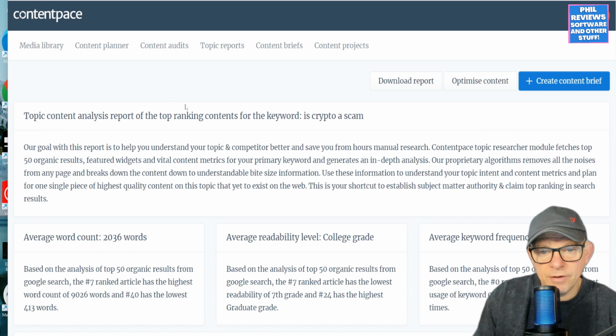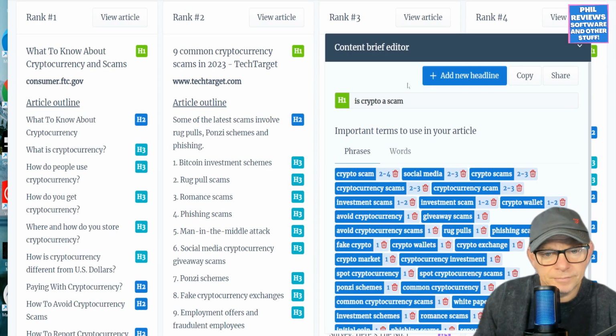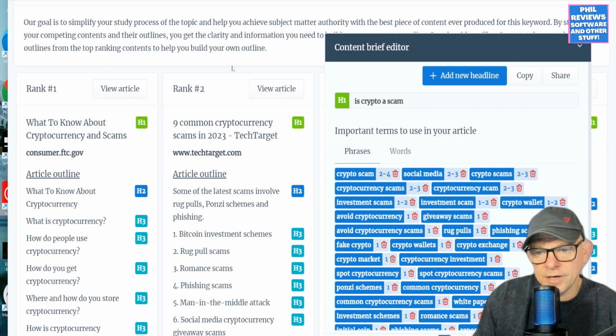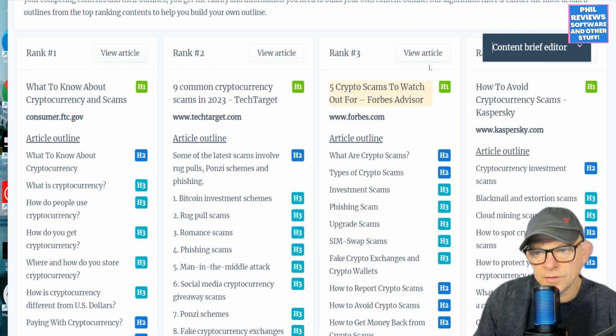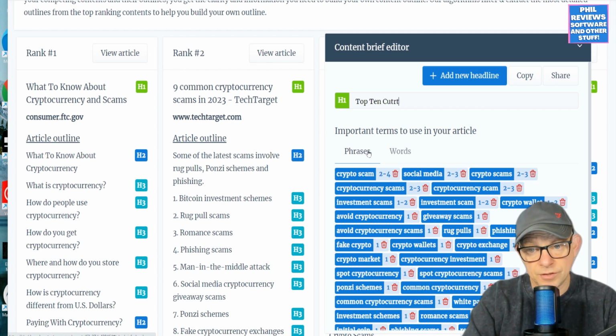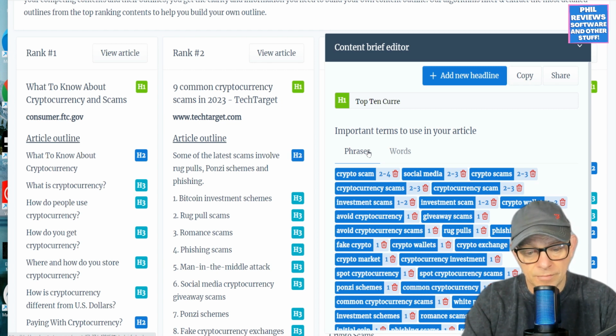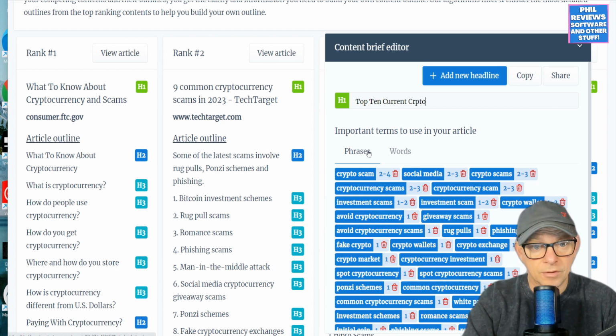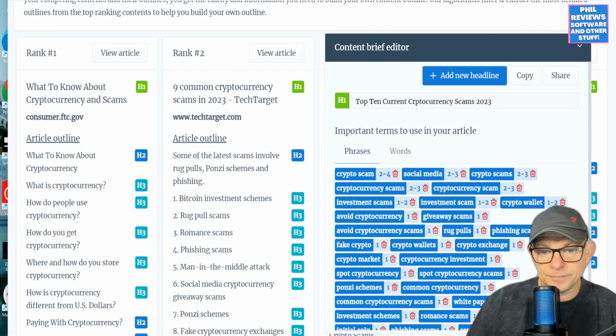So now we're going to create a content brief. I want to create something along these lines. I'll put it out on top 10 current cryptocurrency scams 2023. So if I want to add stuff underneath this, add new headline, I can go